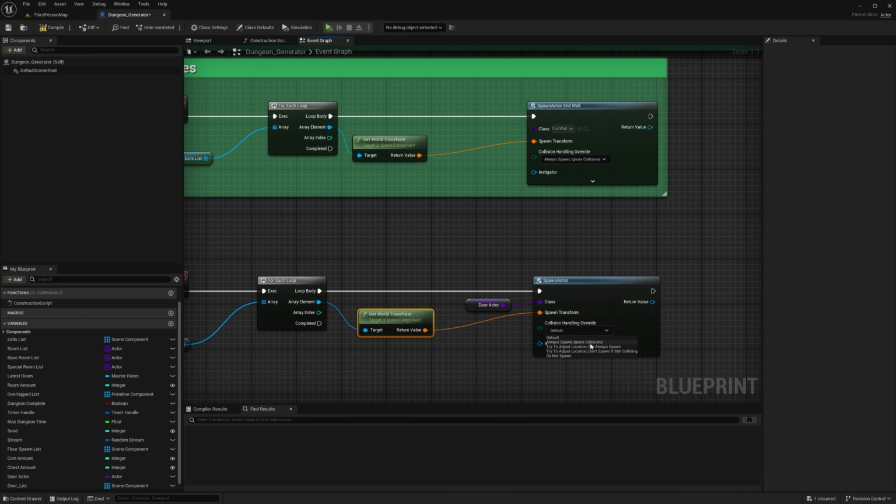Remember, always spawn, ignore collisions. If you don't do this, if your door is then colliding with a wall or something like that, the wall will push the door around, so the door is spawning offset, right? It's not spawning in the exact location because the walls are pushing it away.